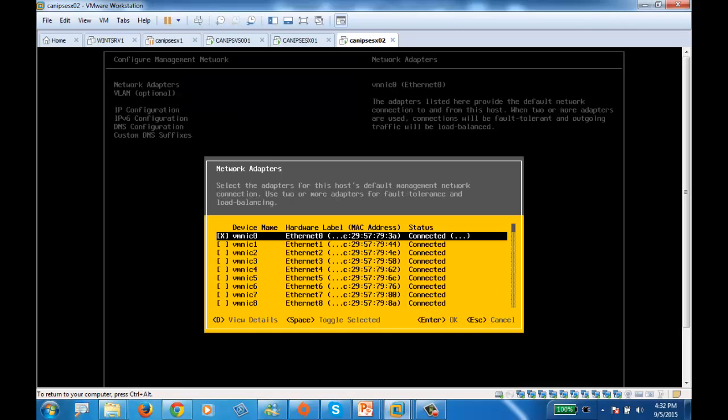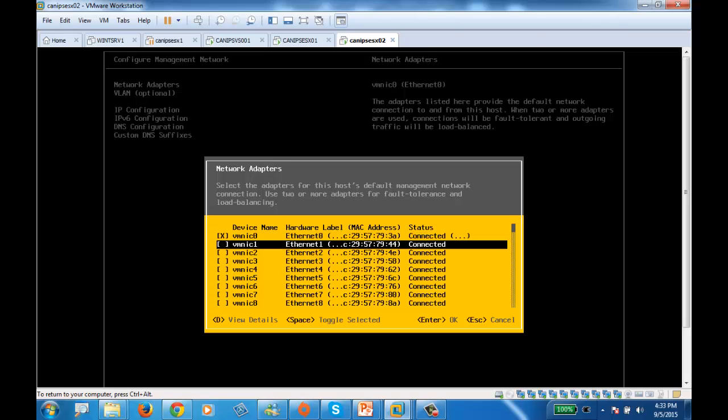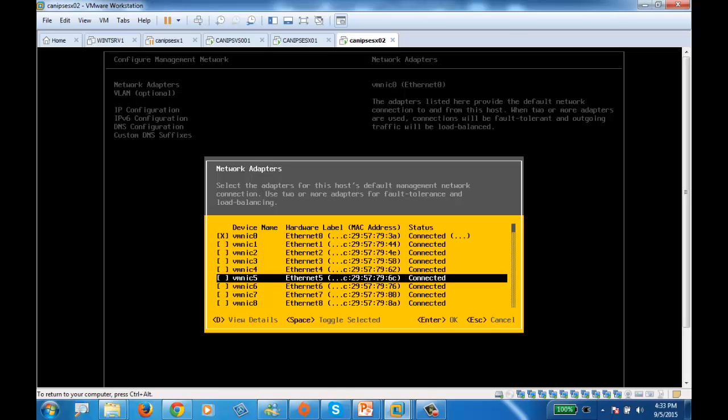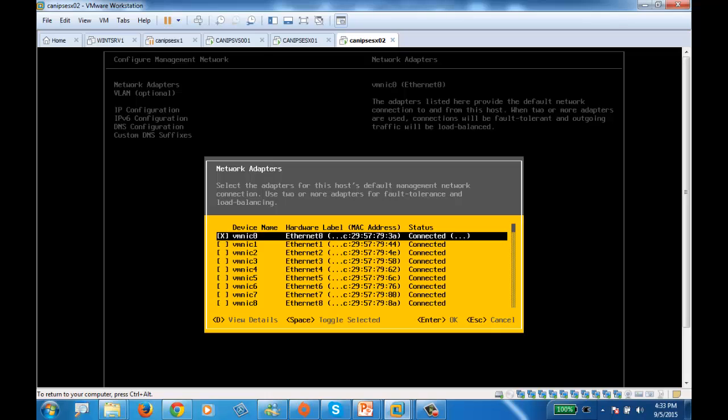So guys, on my second host, it shows me all these cards here. Everyone, just look at the screen for a second. Here it says I have 10 network cards on this, and here only the first one is selected. Guys, the first one is selected because there is only one used for management traffic, not all of them. So now, based on our diagram, if we look at this,